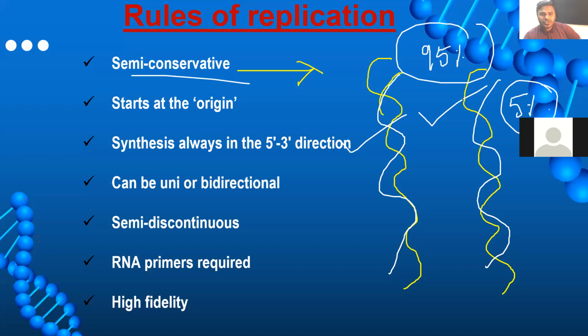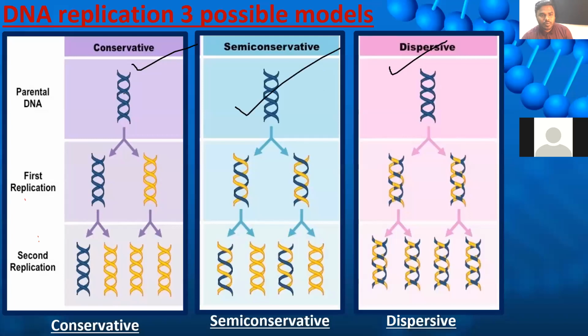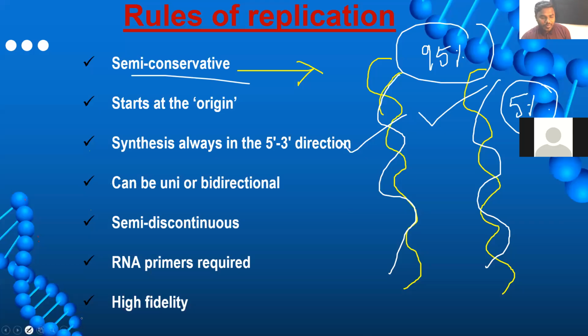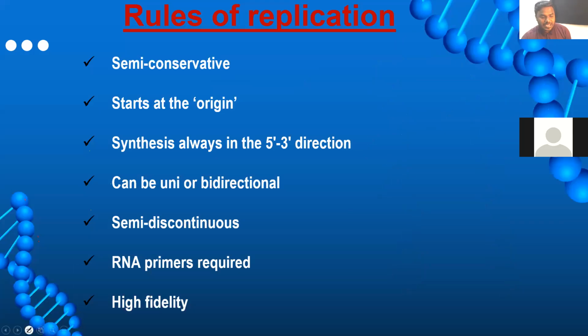Later, the two genius scientists, Matthew Meselson and Franklin Stahl, what have they done? They did a beautiful experiment. We say it is one of the most beautiful experiments that has happened so far in the field of biology. A classical experiment. They finally proved the semi-conservative model is the correct model. The conservative and dispersive models are not correct. They proved it. How they proved it, we will understand elaborately in the next class.